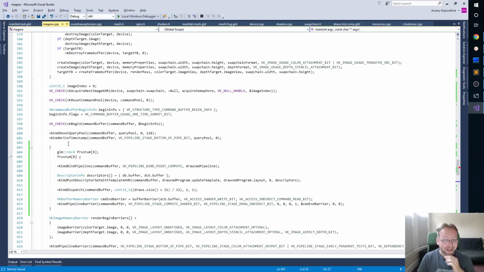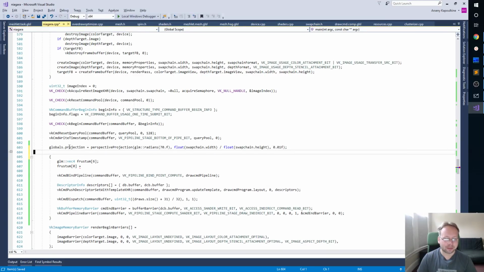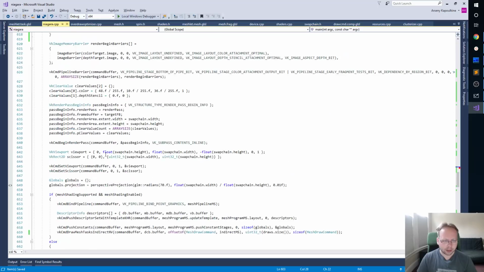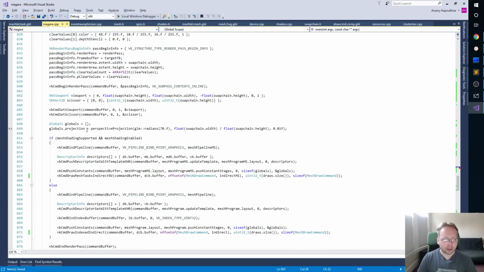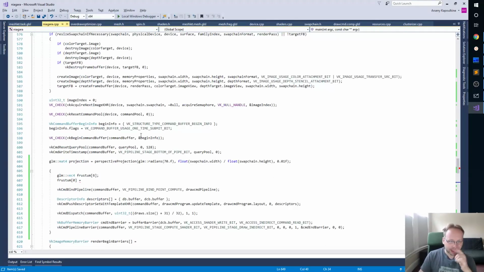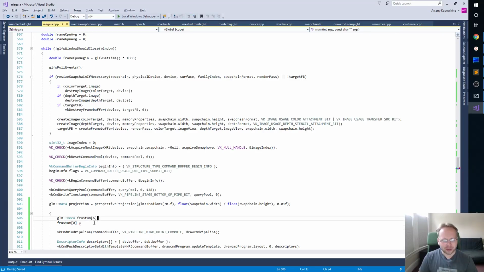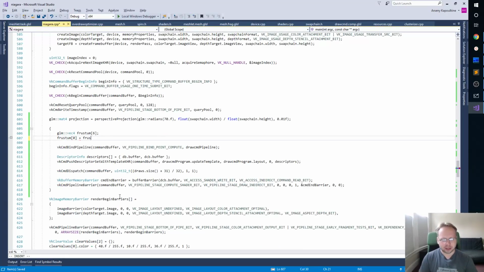So let's move this here. GLM@4, is it? No, don't remove the name. Okay, hold on. What was this global thing again? And this could be a view projection matrix, but right now our view matrix is identity. So yeah, like the way this works is,